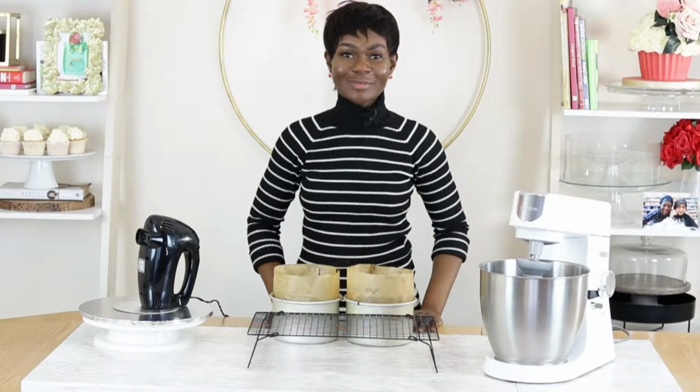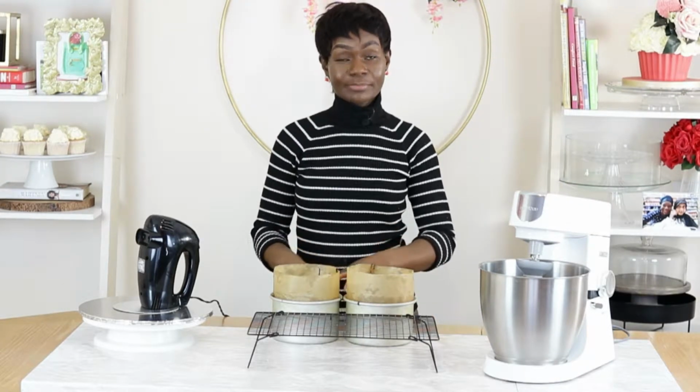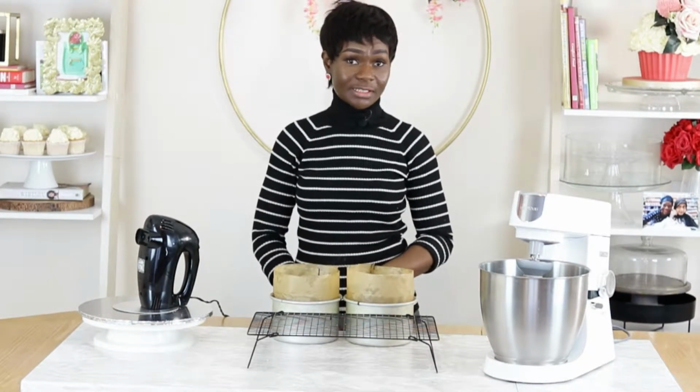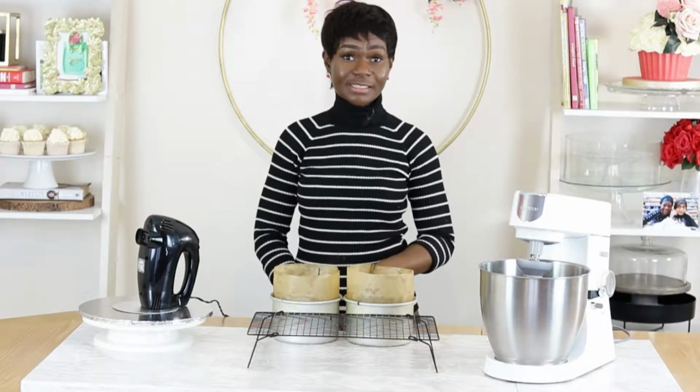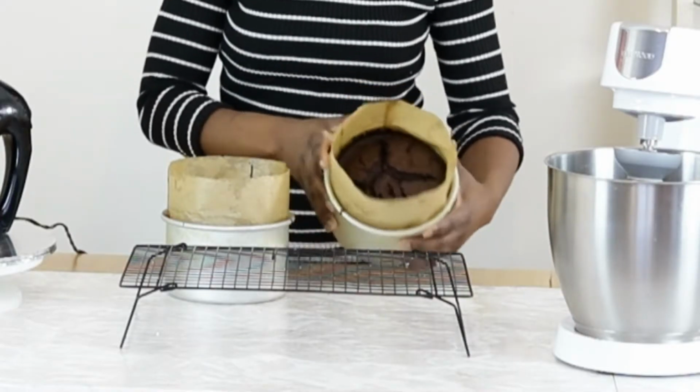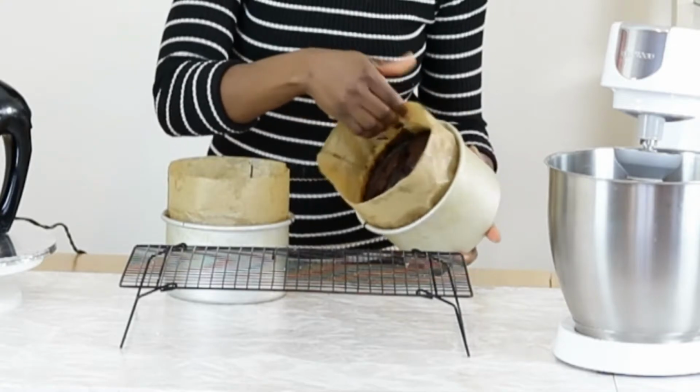And welcome back. Our cake is baked and I ended up baking it for exactly an hour and 30 minutes at 165 degrees Celsius. So bear that in mind. I'm going to take that out